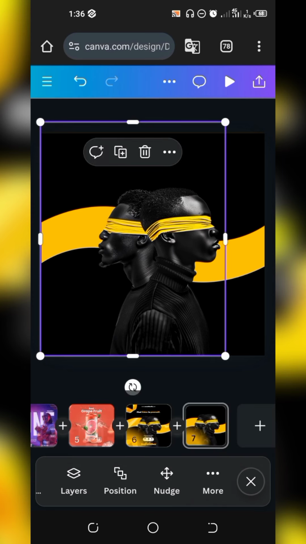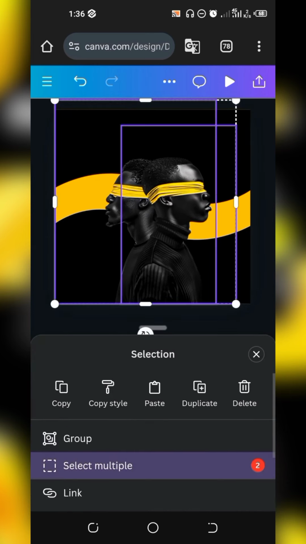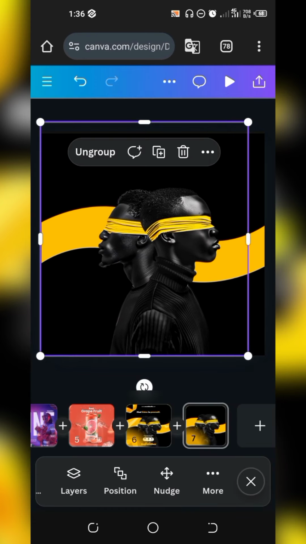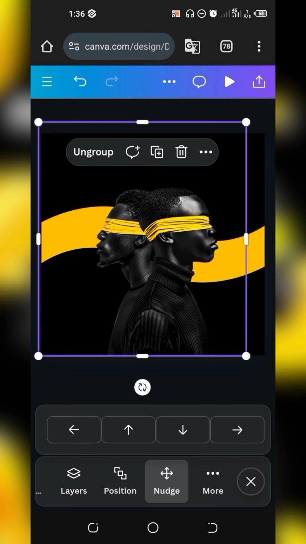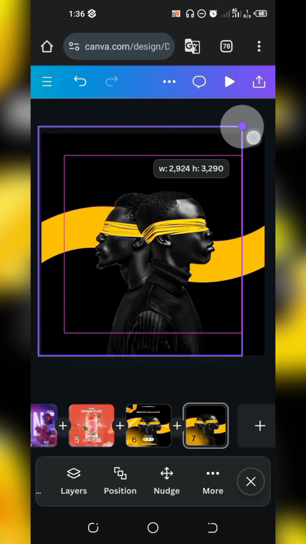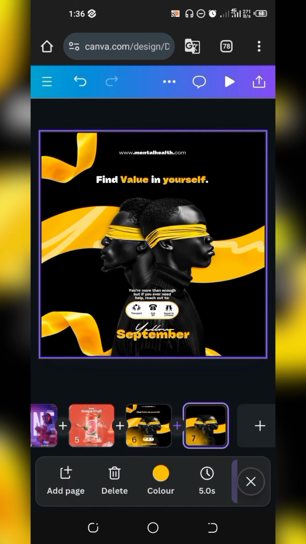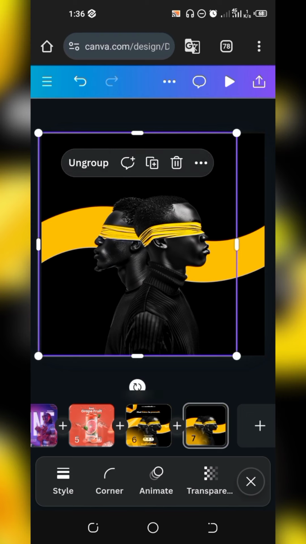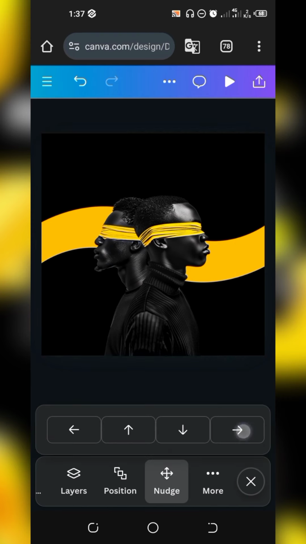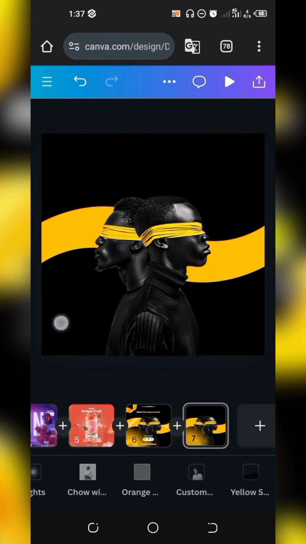Then go over to select multiple, select the both of them, group them first of all, then take them like so to the center with your nudge. Exactly. Okay, so I think we should still reduce them just a bit. Yeah, that's it. So let's check on this one. Okay, I think they are still going to be reduced a bit. Okay, yeah, so go to your nudge, try to find the center, and when you are done with that, ungroup them again and leave them like so.